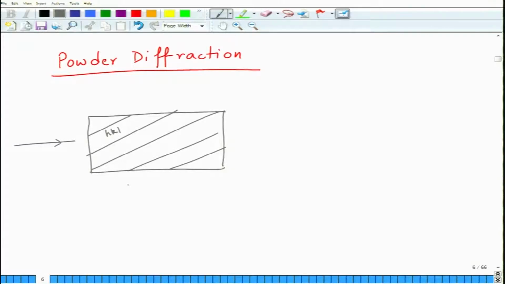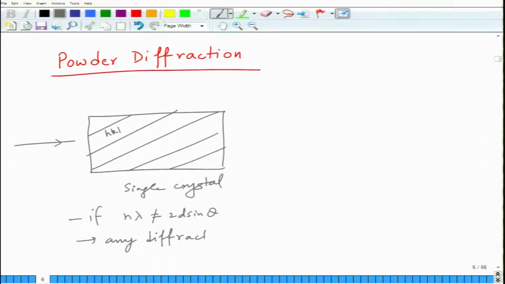This is in case of single crystal. So, if n lambda is not equal to 2d sin theta, you will have no diffraction, okay,